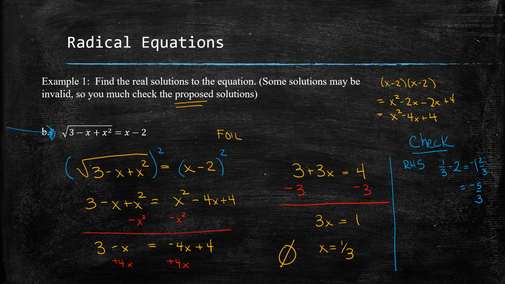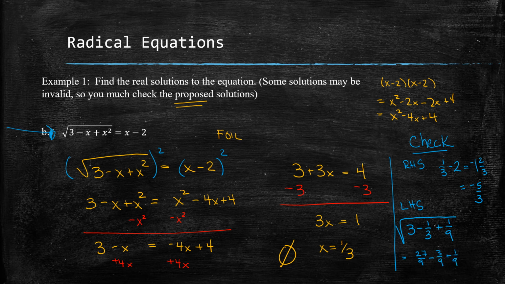Because on the left-hand side of the equation, I'm taking the square root. I'm looking for the principal or the positive square root of a number, so there's no way that can equal negative 5/3. Okay, let's look at the left-hand side just to see what's happening. Under the radical we have 3 minus x, so I'm going to plug in the 1/3 there, plus x squared, so 1/3 squared is 1/9, and this is all underneath the radical. If I use 9 as my common denominator, 3 is the same thing as 27 over 9, minus 1/3, which is 3/9,